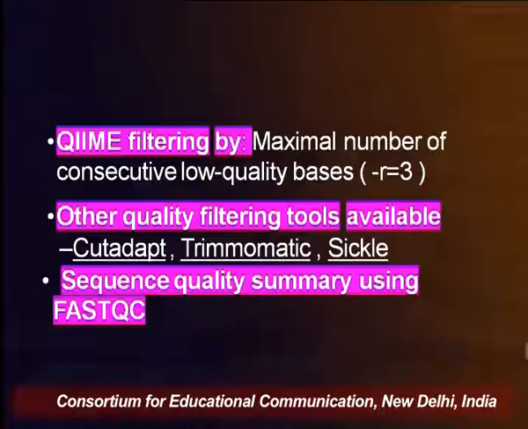And we have several quality filtering tools available, like in QIIME also we have FastQC, with which we can get a quick summary of our sequence quality. And we also have quality filtering tools available like maybe Cutadapt or SQL. You can use them to assess the quality, but before going for the analysis of this metagenomic data we must know the quality.